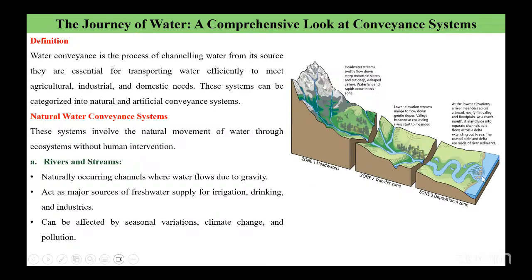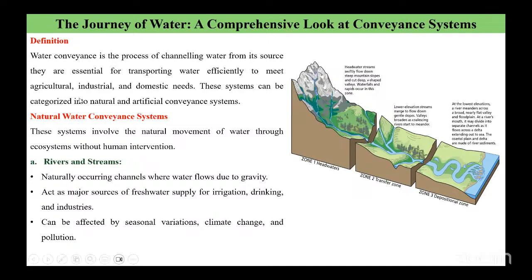For example, in this picture, what we see from the glaciers, the stream, is called a natural water conveyance system, where slowly the water seeps downhill to reach the major water body. So the water from the glacier seeps into the natural water body in the form of channels, canals, lakes, and rivers. All these form water conveyance systems.